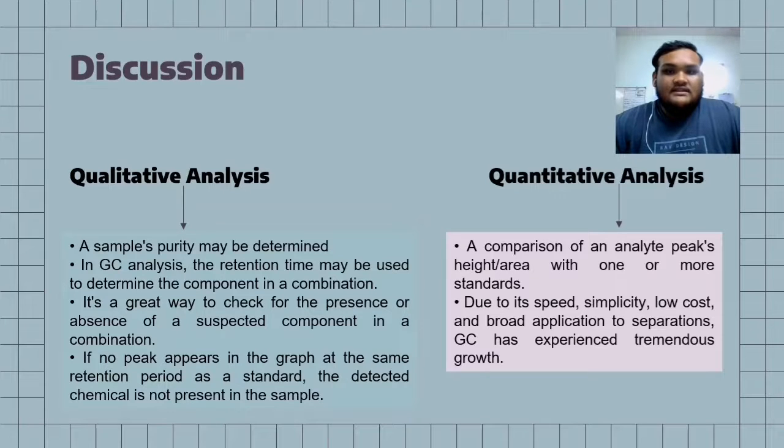Qualitative analysis. A sample's purity may be determined. In GC analysis, the retention time may be used to determine the component in a combination. It's a great way to check for the presence or absence of a suspected component in a combination. If no peak appears in the graph at the same retention time as a standard, the detected chemical is not